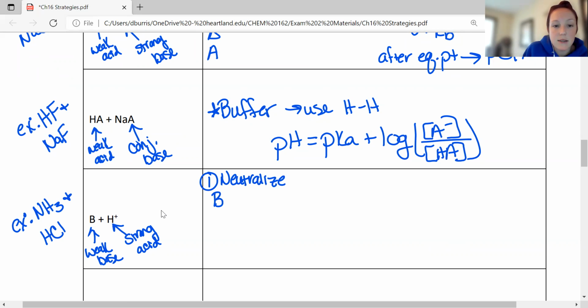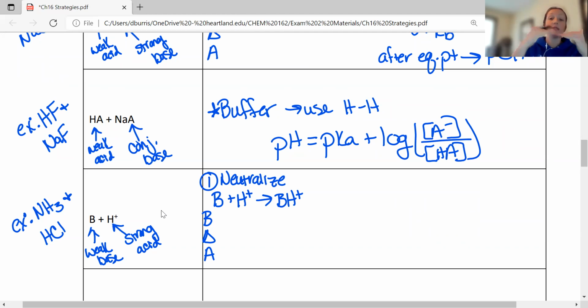Okay, so my base and my acid neutralize each other, and I just get BH plus. So it's like NH3 plus H plus makes NH4 plus. So you want to do your BCA table. Okay. So you will either not have added enough acid to neutralize the base,